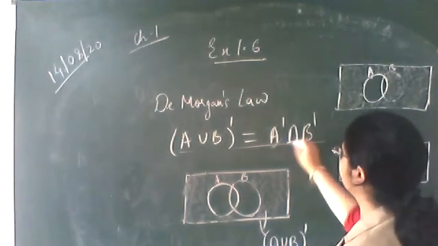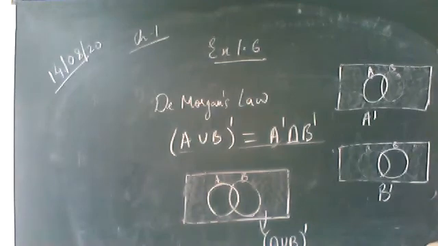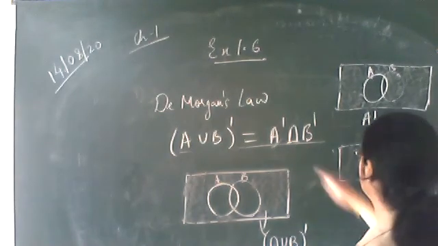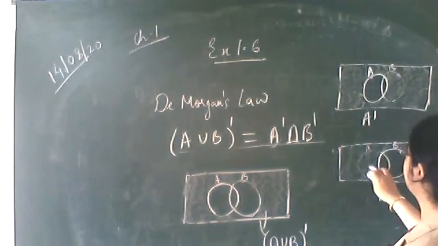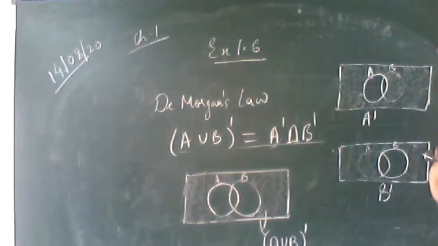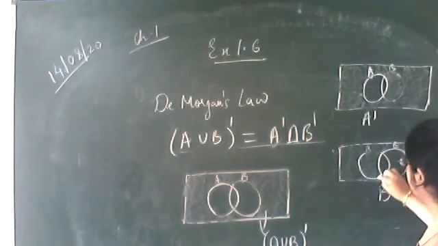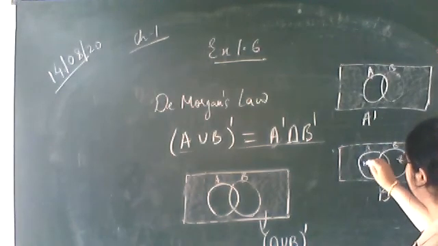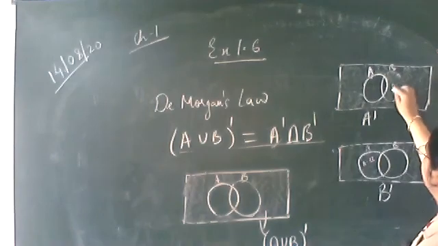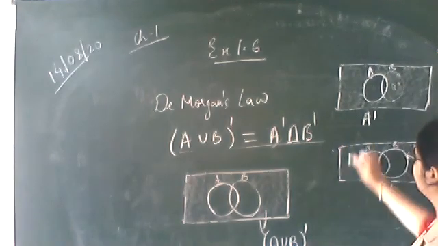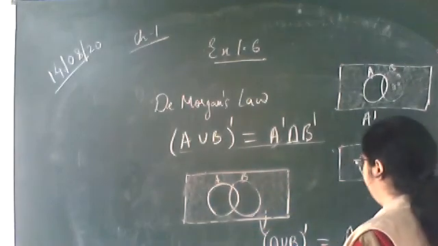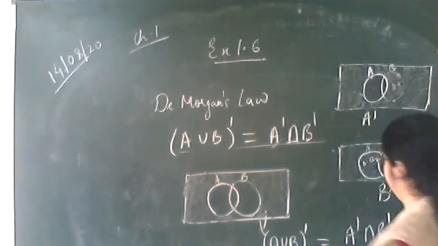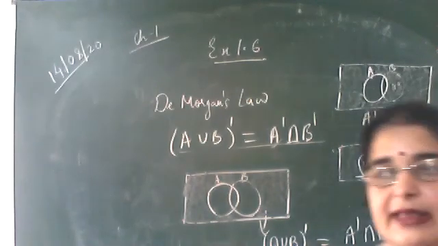Now what we are having? Intersection. Intersection of A complement and B complement means the common part, common in this also and this also. What is the common part? Just see, this part, A minus B, is not coming here. This B minus A is not coming here. So the common part is the outside part only. So A union B complement is A complement intersection B complement. Is it clear?